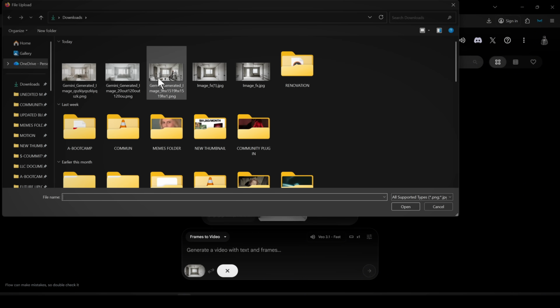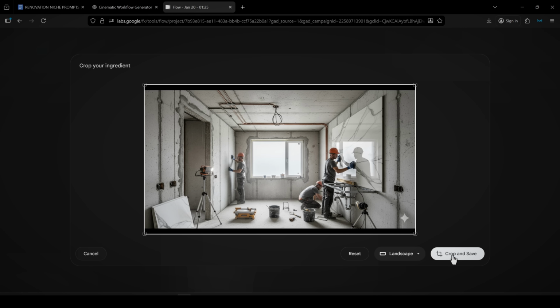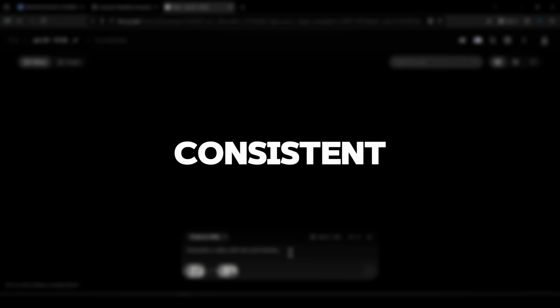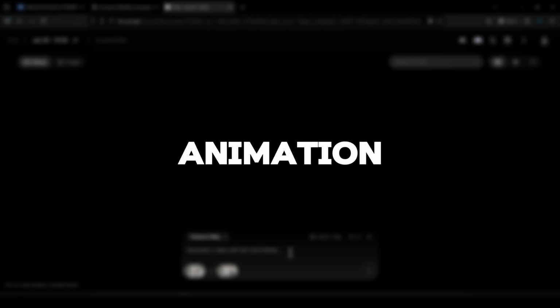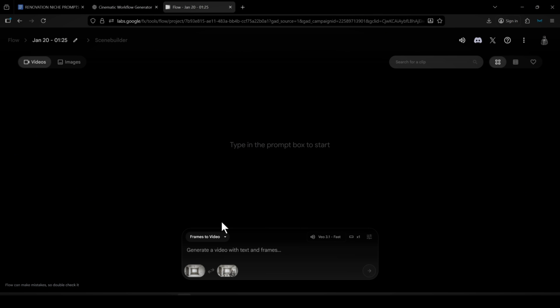Then upload the second image you made with Gemini as the ending frame. A start frame and end frame are simply animation markers that keep the beginning and end of your video consistent. So whatever image you use as your start frame will always appear at the beginning of the video, and the image you choose as your end frame will always appear at the end, no matter how long or detailed the animation is. So once you've uploaded your first and last frame, which are the first and second images you generated,